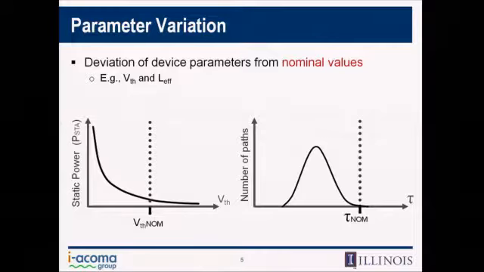All right. So as I mentioned in the last bullet, variation is one of the obstacles that we have here. And since it's an important issue, I'm going to explain a little bit more on what parameter variation is and how it's going to affect the chip. Basically, it's defined as the deviation of device parameters from their nominal values, and two of these parameters are threshold voltage and effective channel length, which are more important for modeling purposes.